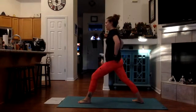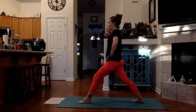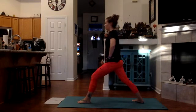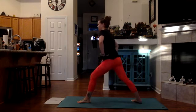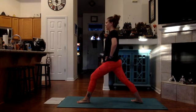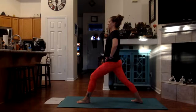Once we're in our standing position, take those hands, place them on the hips. Make sure those hips are facing forward and nice and even. And then putting that bend in that front leg. Take a breath here. And if we want to add that back bend, we'll bring that gaze up towards the sky and slowly start